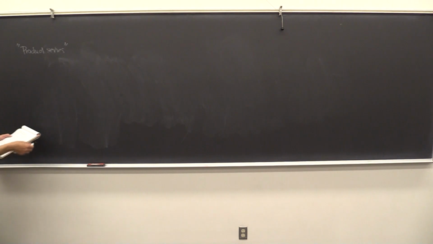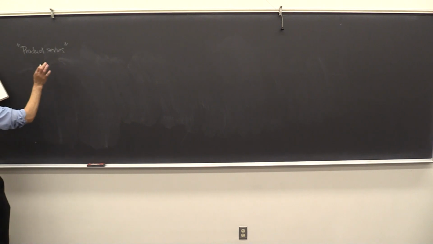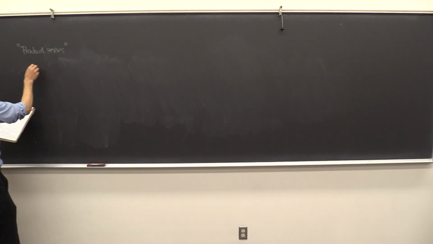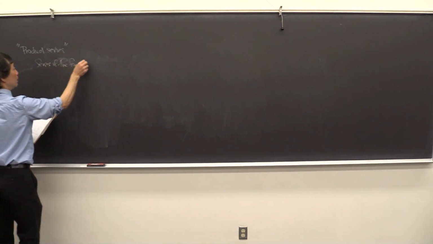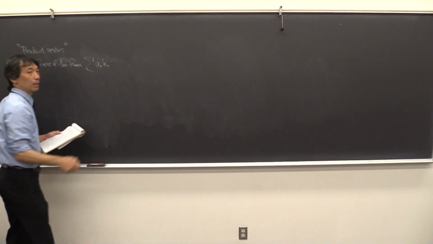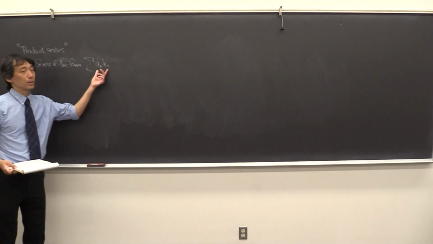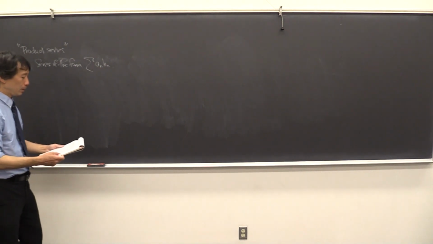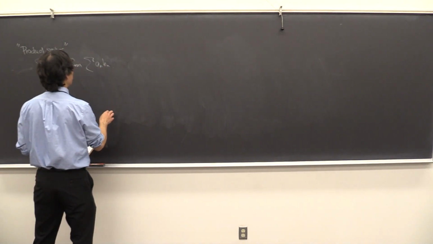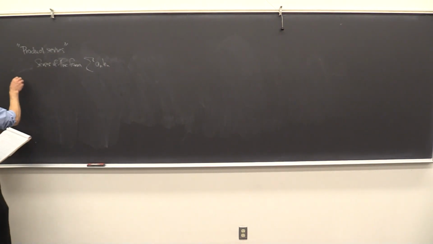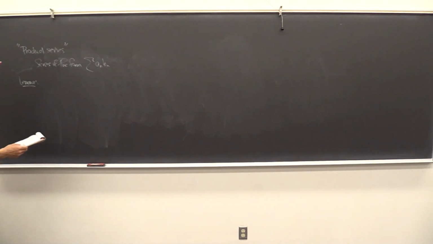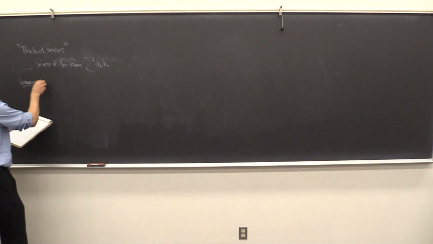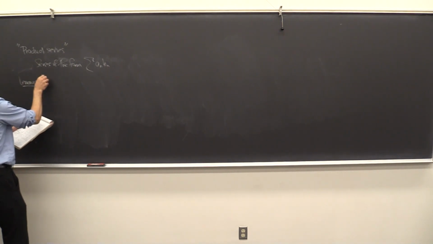What we're really talking about is things that I maybe can call product series. In particular, the first thing we'll talk about are series of the form summation a sub n, b sub n. Okay, series of products of sequences. So what's going to be useful for us? This is not going to be exciting, but the following lemma, which is pretty straightforward, is going to be